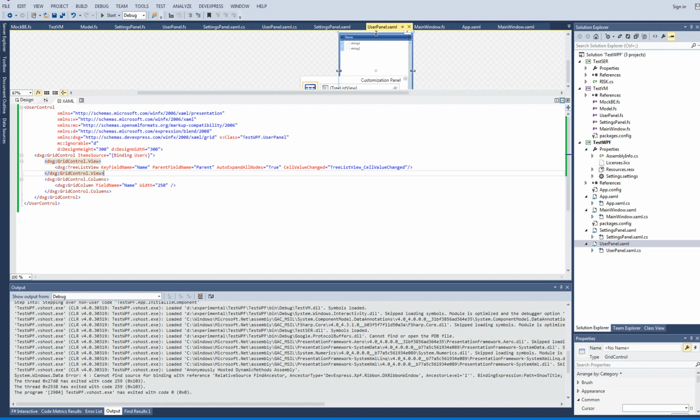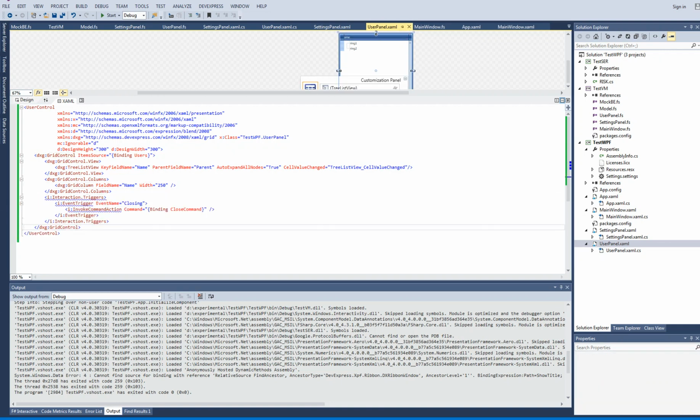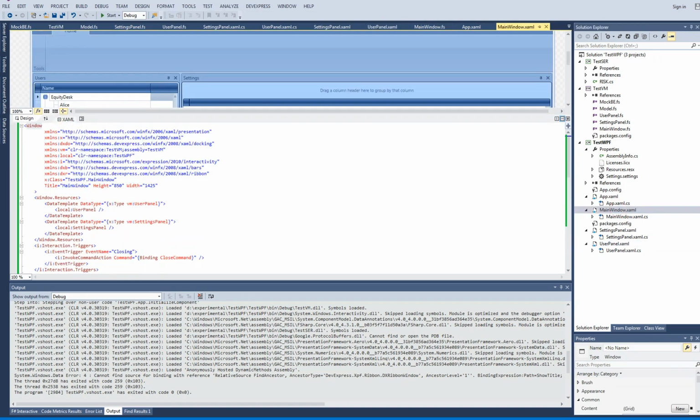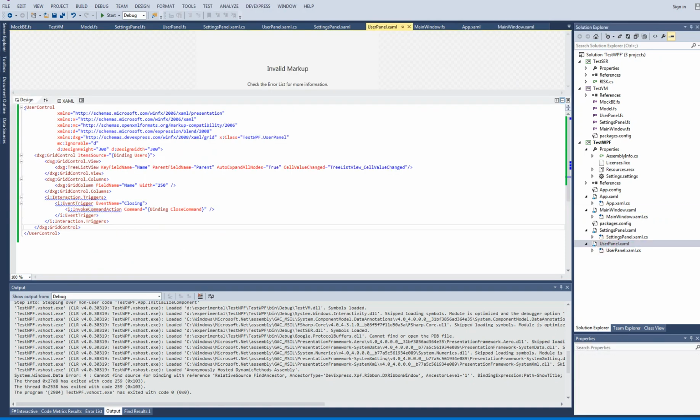So we want to intercept this guy. I think the position doesn't really matter. Then I put it here. It doesn't know the I namespace, so let's import that. The I namespace is this guy. Let's declare it